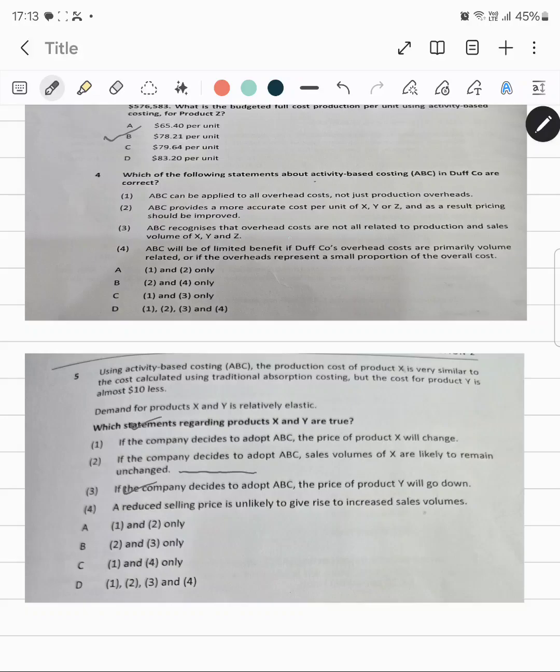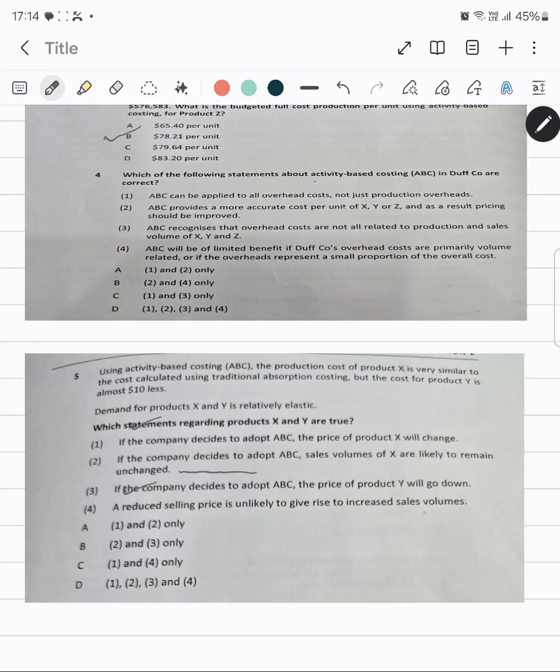Three, ABC recognizes that overhead costs are not all related to production and sales volume of X, Y, and Z. Four, ABC will be of limited benefit if Duff company's overheads are primarily volume based, or if the overheads represent a small proportion of the overall cost. I think fourth is also correct. Let me just read out first and third once again. So the first option was that